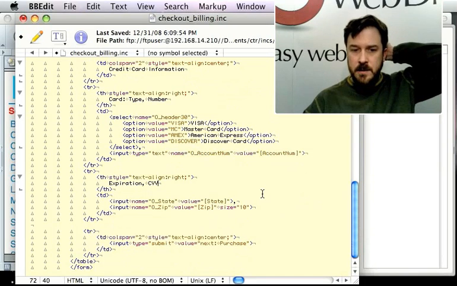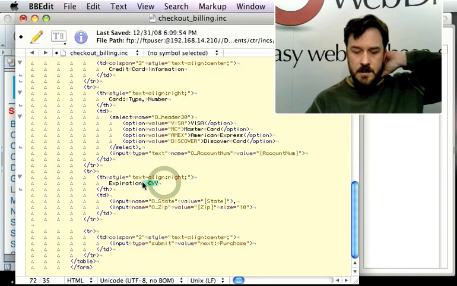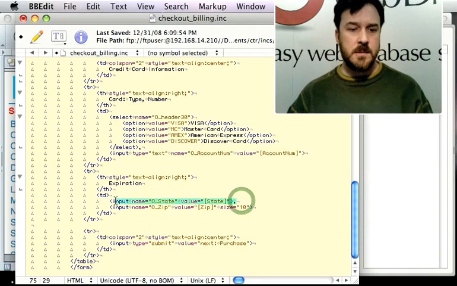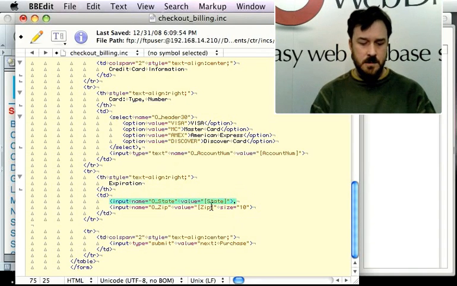Okay, so then we're going to do the expiration. I'm not going to do the CVV for now. So we're going to do the